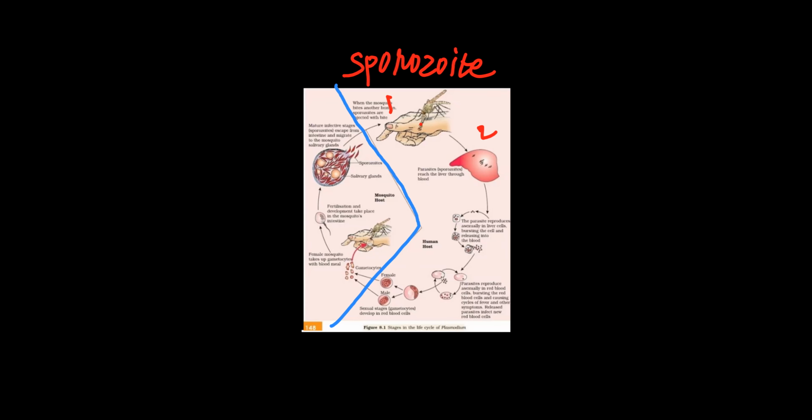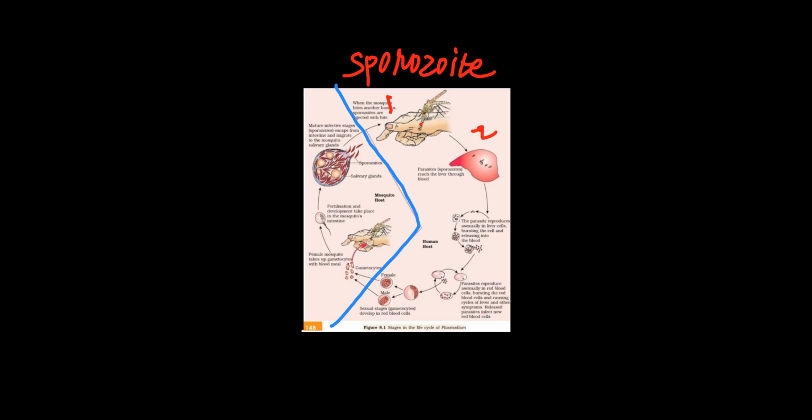Within less than an hour, through the blood circulation, the Plasmodium, particularly the sporozoite stage, has to reach the liver. If it fails to reach the liver, it will not survive further. But if it succeeds in reaching the liver, when it passes through the liver, it will enter into the hepatocytes. Hepatocytes are the liver cells. It remains in the liver and carries out infection in the liver. That's the second point.